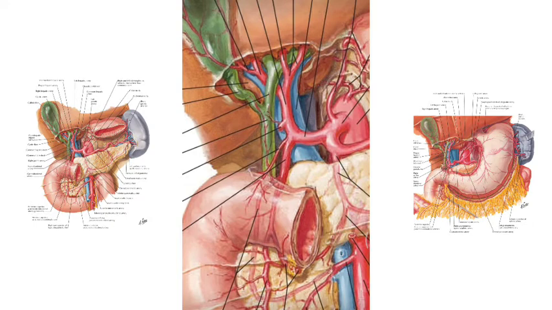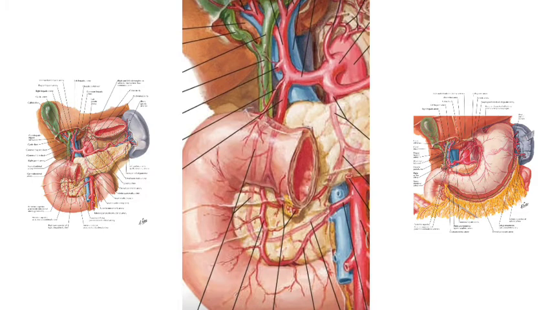In the infraduodenal part, this region is the infraduodenal part. The bile duct is not shown here, but it is passing posterior to the head of the pancreas. So obviously the anterior relation will be the head of the pancreas, and the accessory pancreatic duct, which will open superior or proximal to the ampulla of Vater. So that also comes anteriorly.